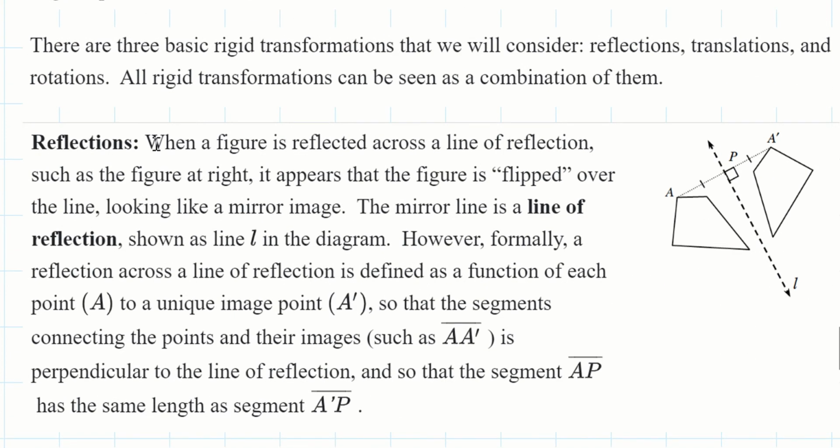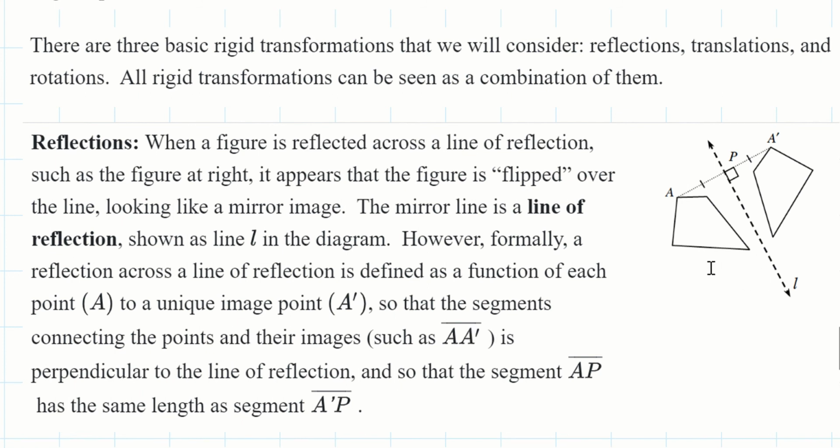Reflections. When a figure is reflected across a line of reflection, such as the figure at right, it appears that the figure is flipped over the line, looking like a mirror image. The mirror line is a line of reflection, shown as line L in this diagram, right here, L. However, formally, a reflection across a line is defined as a function of each point A to a unique point A prime, so that the segment connecting the points and their images, such as A prime, is perpendicular to the